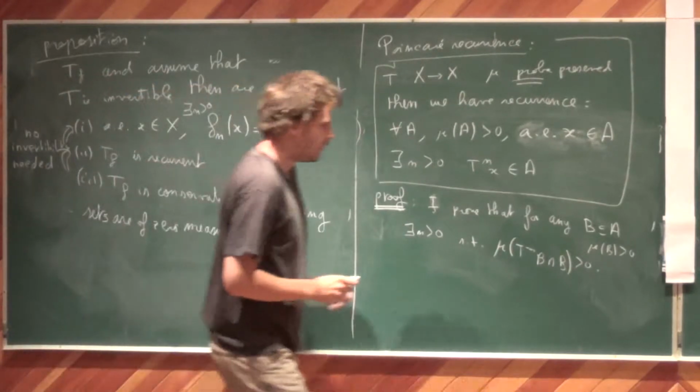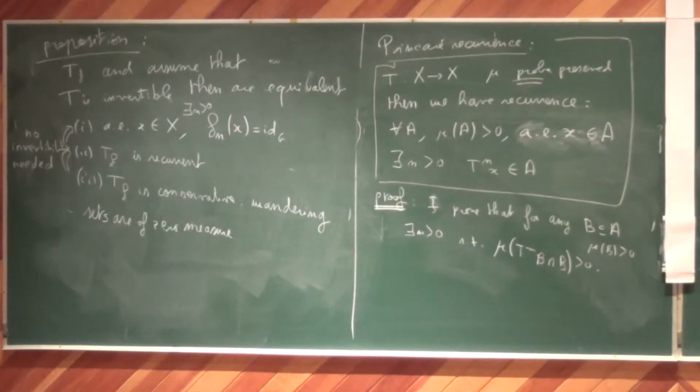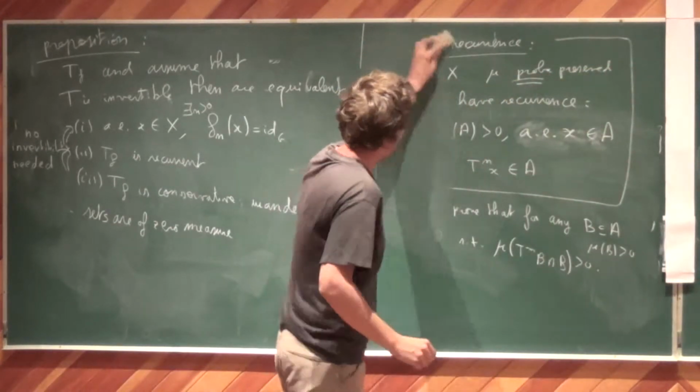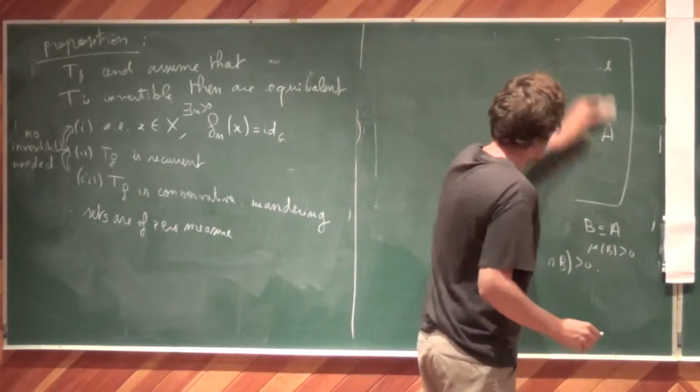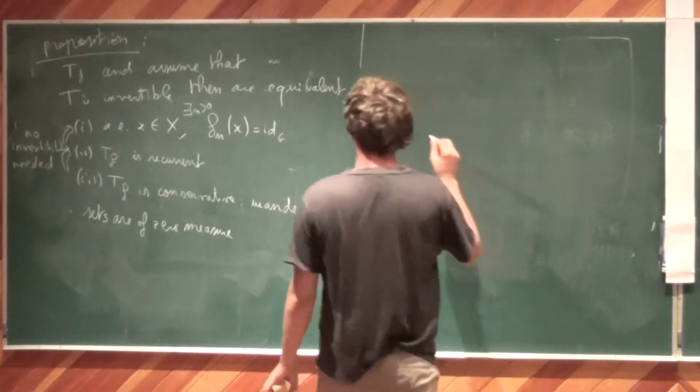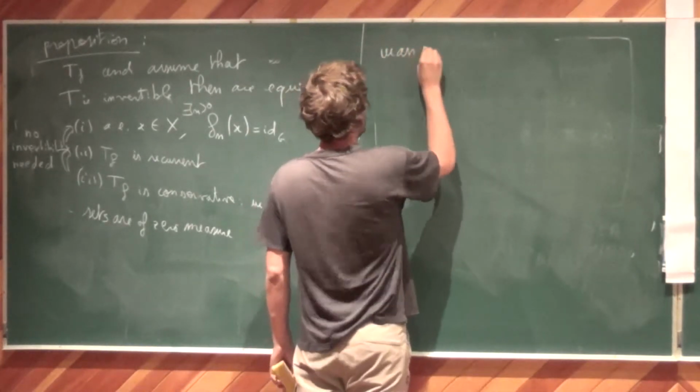So what is a wandering set? A wandering set is just useful when you use it in proofs. The definition is not that interesting, but when you do a proof, I will use it if we have time, I hope I will. So, a wandering set